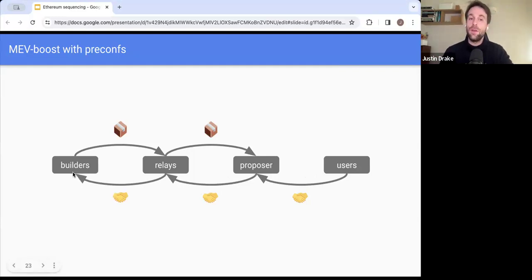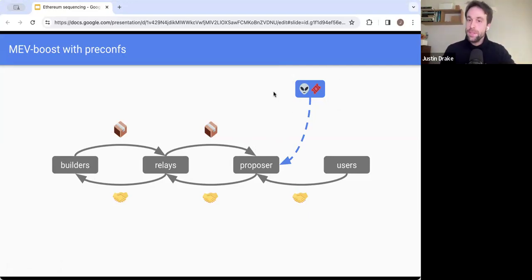And then the builders, once they have all those pre-confirmations, they are tasked to build the most valuable block that respects those constraints. So more likely than not, these pre-confirmations are going to constrain the top of block or the top of blobs in the case of rollups. And the builders have to build the best block possible, and then the same flow happens through the relays and through the proposer. And this is a very nice and simple design, especially in the context of execution tickets.